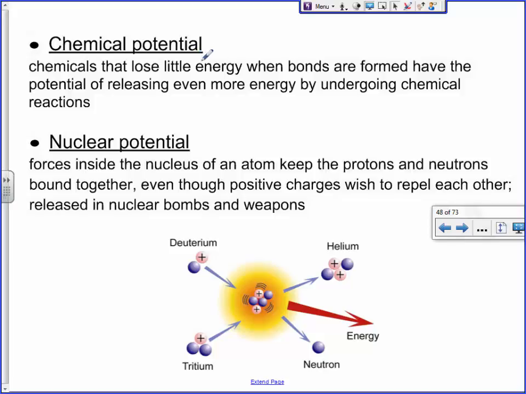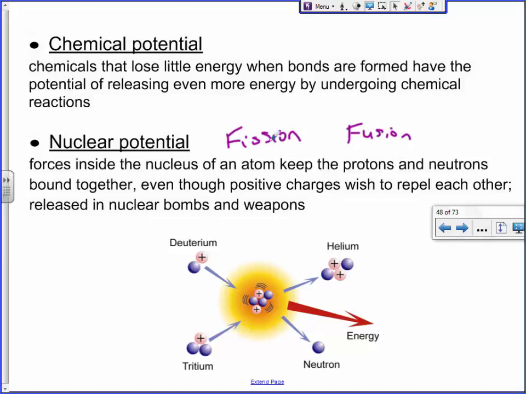There's also chemical potential. So there's a huge overlap here with what you guys who took chemistry from me before. We had a whole unit on this sort of stuff, right? If bonds release more energy, then it's exothermic. We'll talk about nuclear potential energy. That's how atomic weapons have been developed. Do you guys know the two types of nuclear possibilities? We'll do this in the future, but they're known as fission and fusion. Anyone ever heard those words?